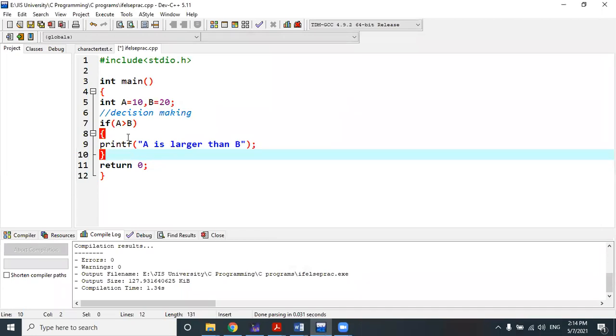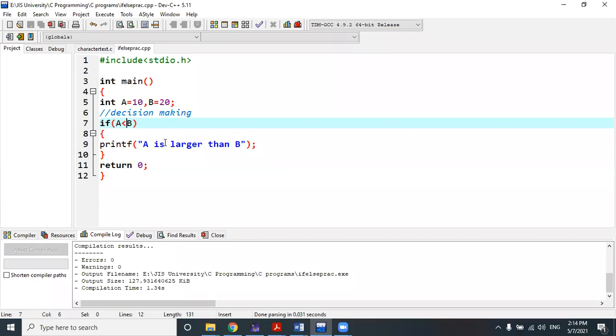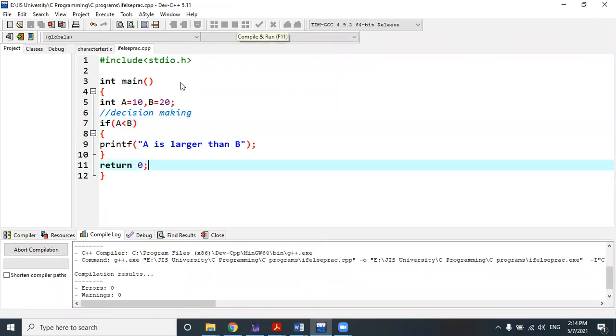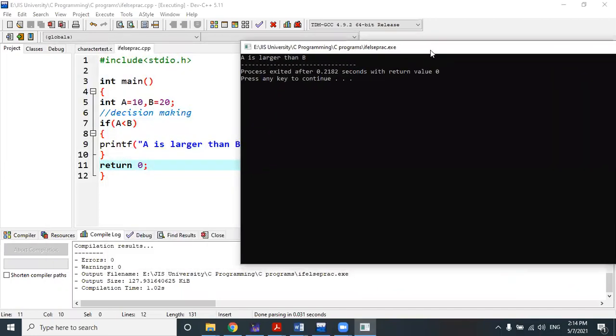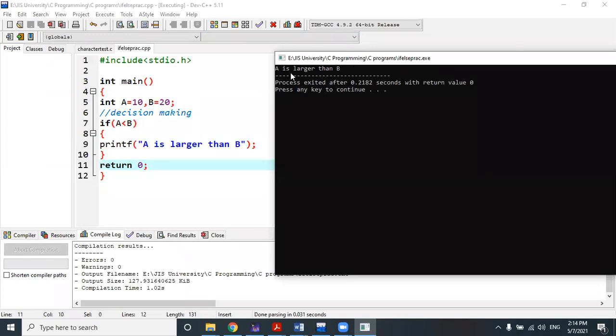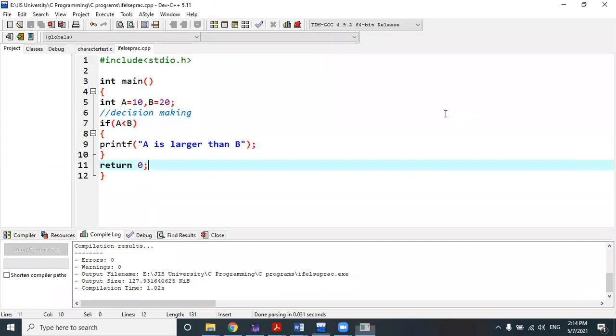Understood? If we give the condition a less than b instead of a greater than b, it will successfully execute the block of statements written within the if block, that is, a is larger than b. The else block is not mandatory, it is optional. You can give only if.